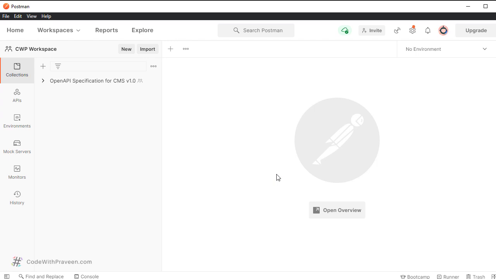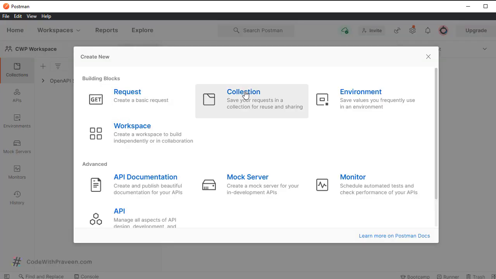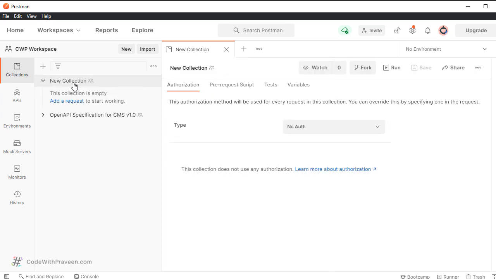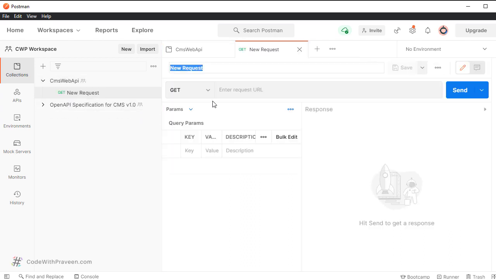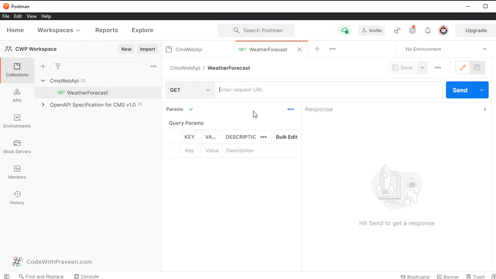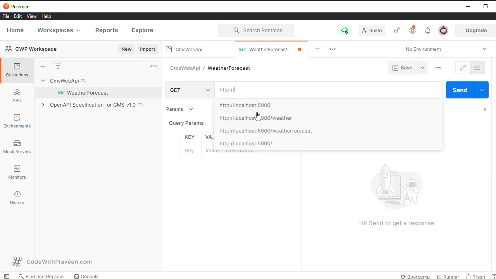Once you launch it, you can see its homepage. I have opened my workspace that contains the APIs that I use for my courses. Let us create a new collection to hold all the APIs that we will be building throughout this course. Click on New, then Collection, followed by giving a name to it as CMS Web API. To create a new Web API request, click on the Add a Request link. Here I enter the name as Weather Forecast, select the operation as GET, enter the URL as HTTP localhost followed